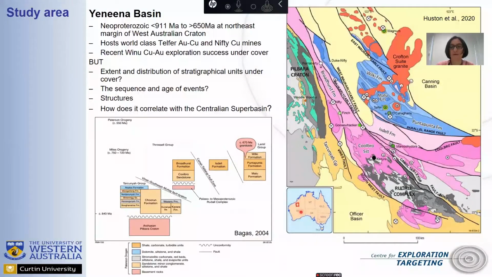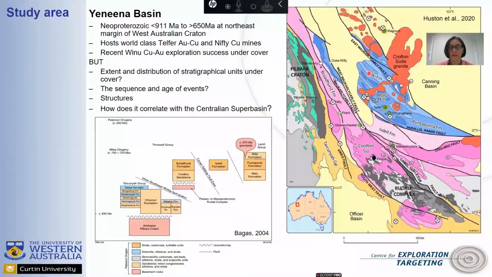Western Australian Craton, and the major stratigraphic units are the Pilbara sandstone and Broadhurst formation in the Trezona Range group. And then we have the Isdale formation, and in the Lamil group we have the Malu formation, Punta Punta,